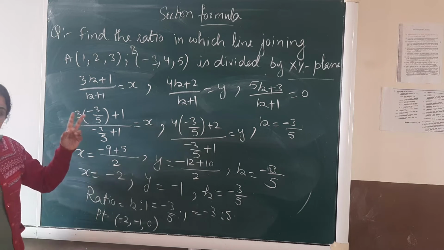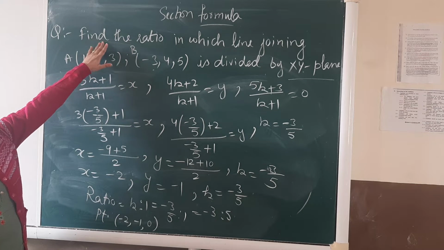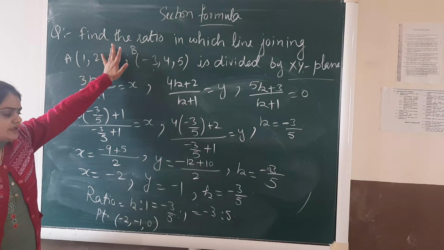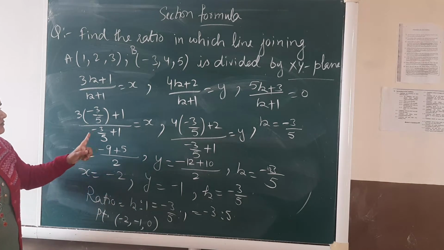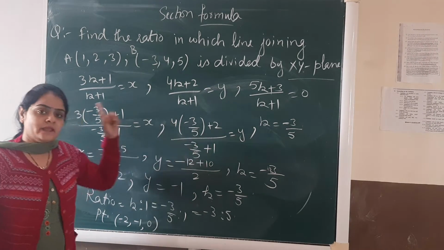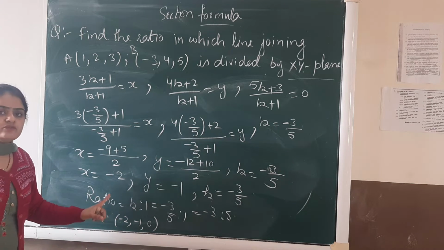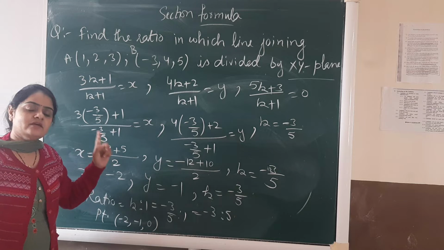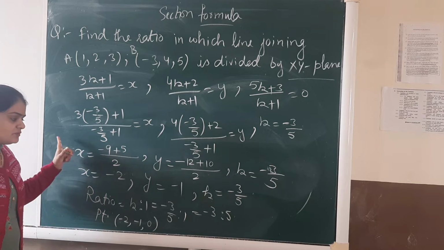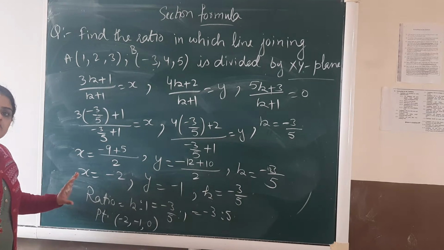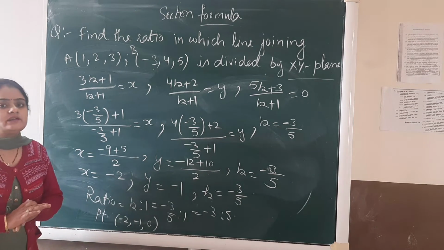Here I have solved two questions separately. One is, here the author wanted the ratio only. I have already calculated the ratio, but additionally I have calculated x and y after substituting the value of k, so that I can get the point as well. That means if the author asks about the point, then by this procedure you can find the point as well. Hope the question is clear. This is one of the important questions.